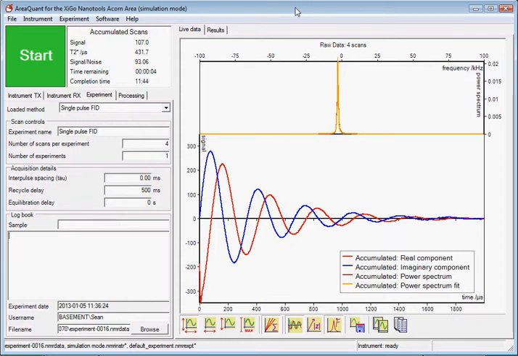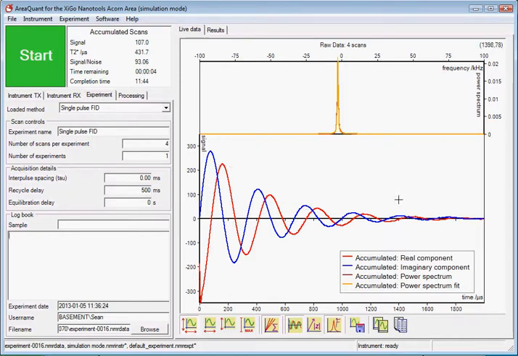This video explains how the Find Resonance program works in AreaQuant. What I've done is captured the free induction decay at conditions slightly off of resonance. And you can see that the free induction decay shown here shows several periods, indicating that you're a few kilohertz